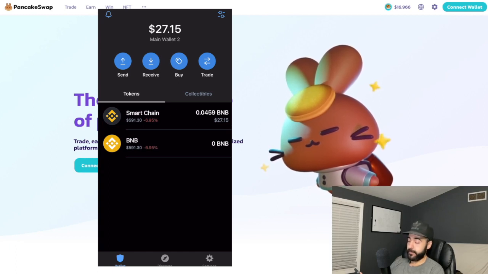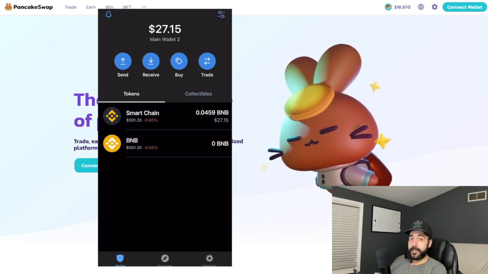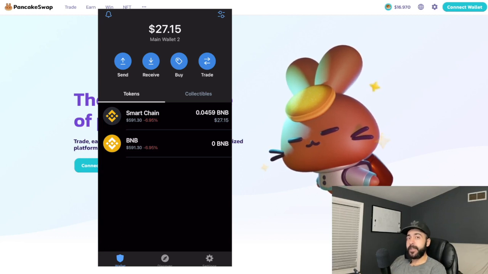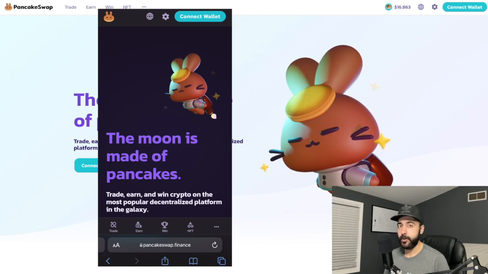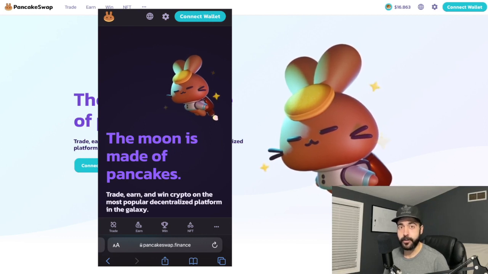into the Smart Chain. One thing to keep in mind is that you will be using BNB to pay for all the gas fees. So for each transaction, it'll cost $1 or $2 that you'll be paying with BNB. So whatever you want to buy, always keep a little bit in the account so that you can pay for the fees. Step 4. Open up your browser, Safari or whatever browser that you use, and visit